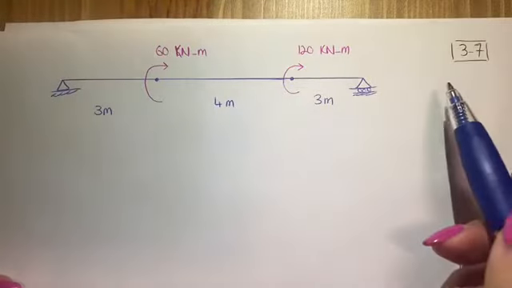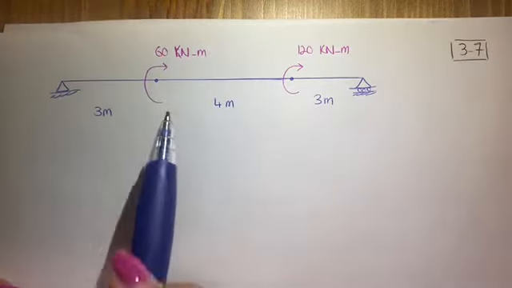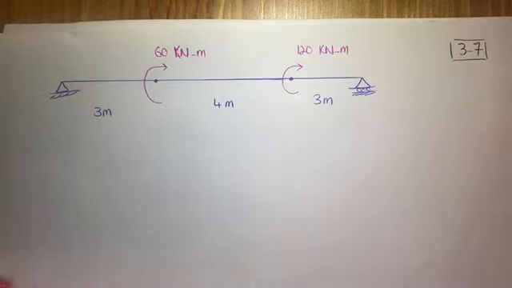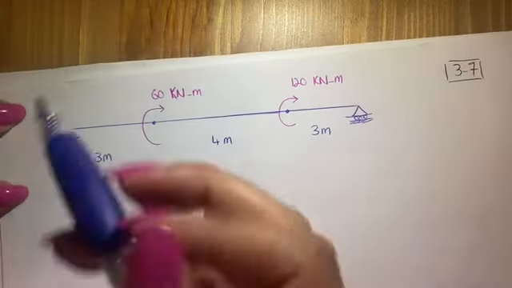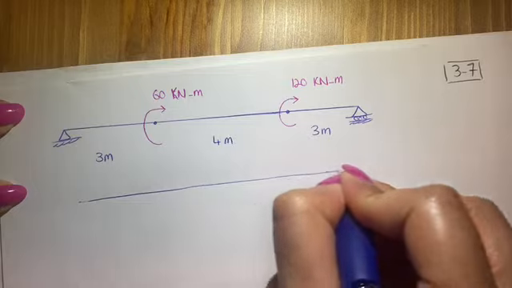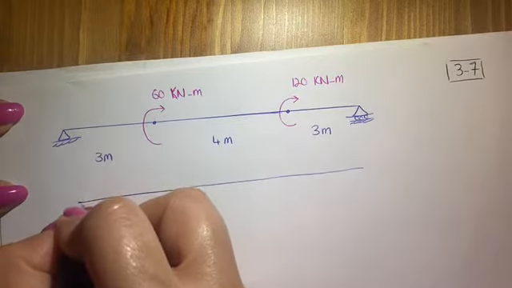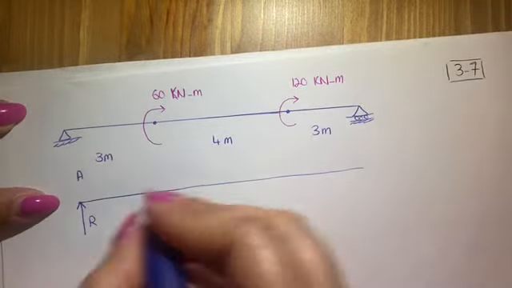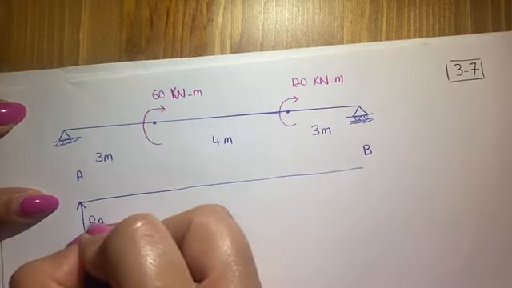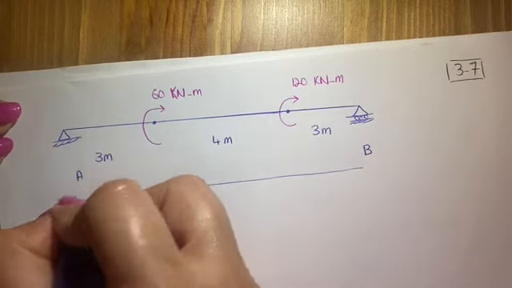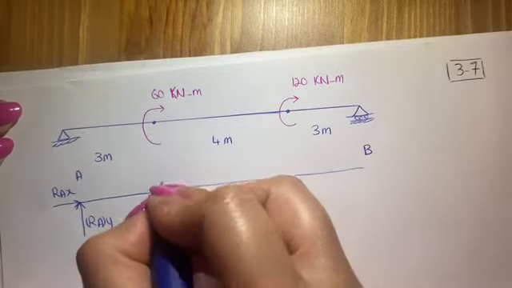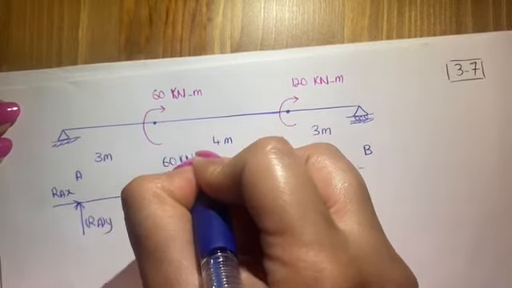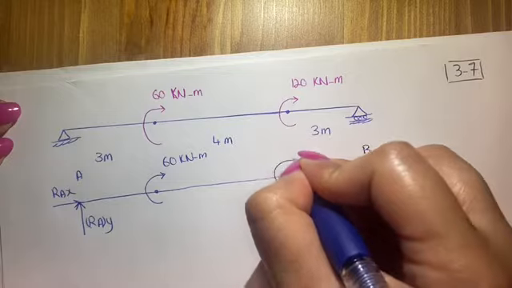In the last question, question 3 and 7, you are required to plot the shear diagram and bending moment diagram of this beam. I'm going to do the calculations first. If it is the free body diagram of the beam, if I name this end A and this end B, here we have RAY and RAX. At this point, we have a concentrated moment of 60 kilonewtons meter, and at this point,